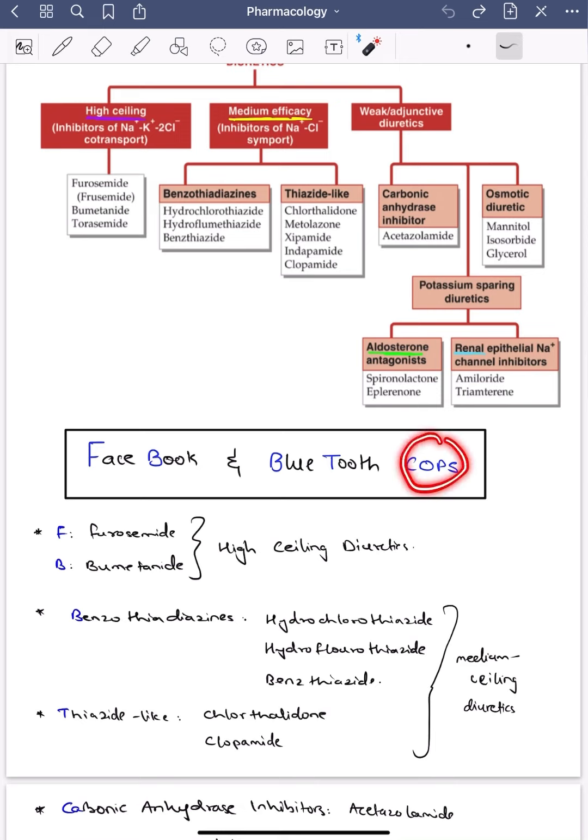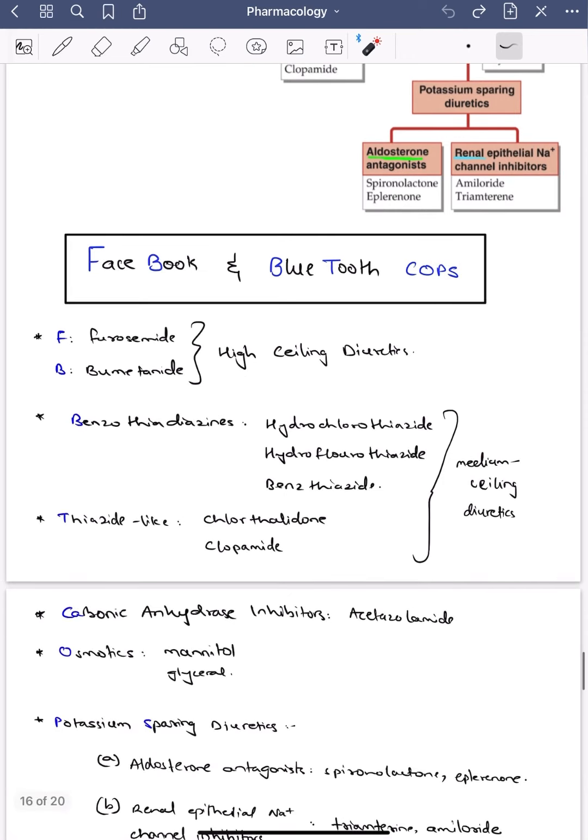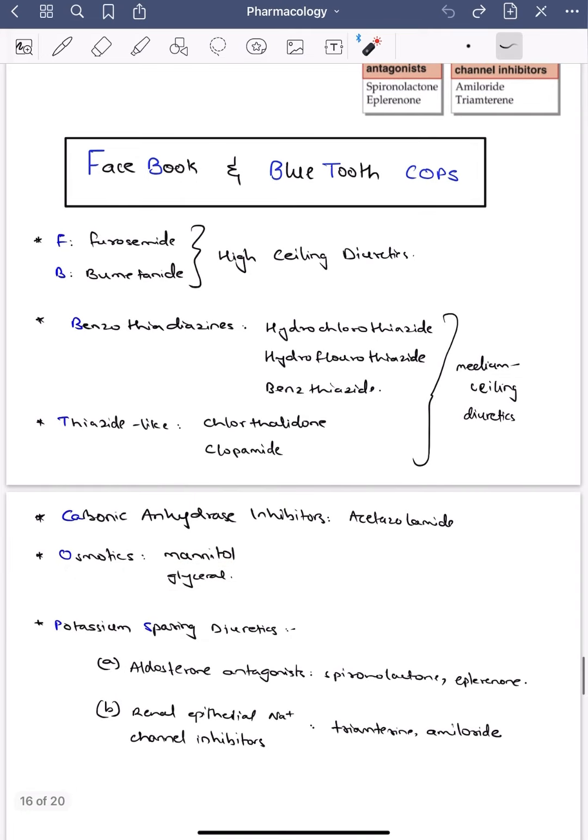Now COPS for carbonic anhydrase inhibitors, O for osmotic diuretics, PS for potassium sparing diuretics. Now remember, carbonic anhydrase inhibitors are acetazolamide. The osmotics include mannitol and glycerol, and potassium sparing diuretics, as we've mentioned, can be done by two mechanisms: the aldosterone antagonists and the renal epithelial sodium channel inhibitors. The examples of the aldosterone antagonists are spironolactone and eplerenone, and that of the renal epithelial sodium channel inhibitors are